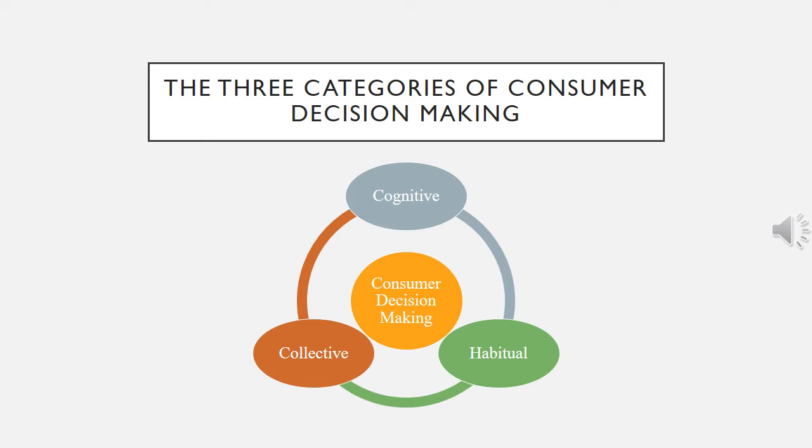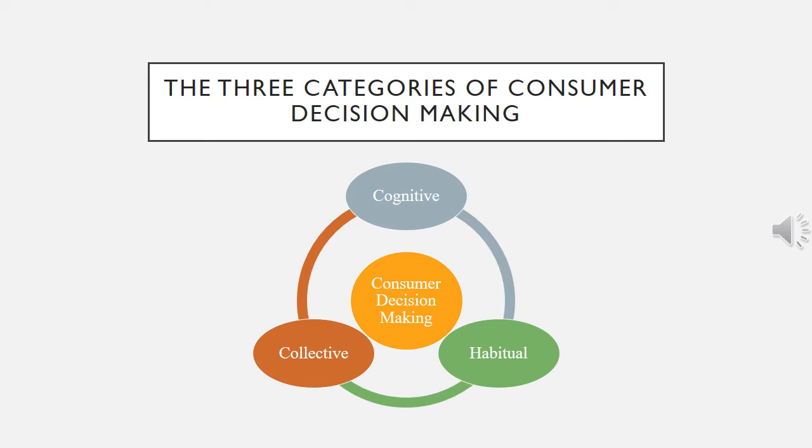Consumer decision making is an important part of consumer behavior. It is the way of how we evaluate and choose product. There are three categories of decision making. First is cognitive decision making. What is cognitive decision making? It is a process from a rational perspective and regarded as a continuous process integrated in the interaction with the environment.